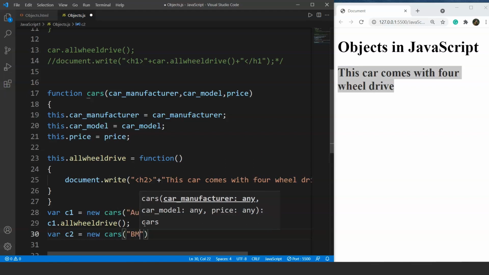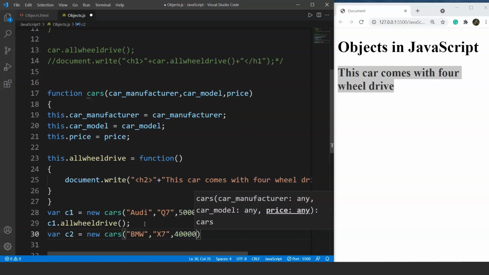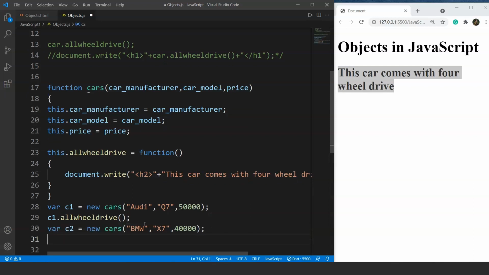So let's say we are using BMW, and next up we have the model as X7, and the price of this car is, let's say, 40,000. Okay, 40,000 USD.